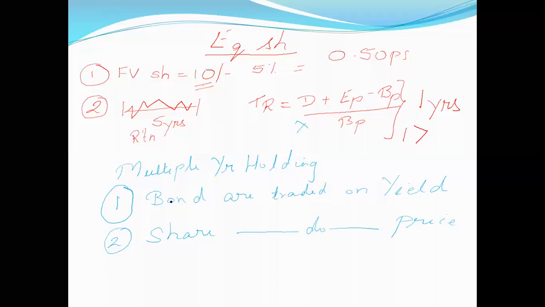That is the reason whenever we are doing valuation of the share, we always arrive at the price of the share. And whenever we do valuation on the bond, we always trade bonds on yield, or we do the valuation based on the yield. Clear? So these two concepts are completely different from each other, and that is the reason